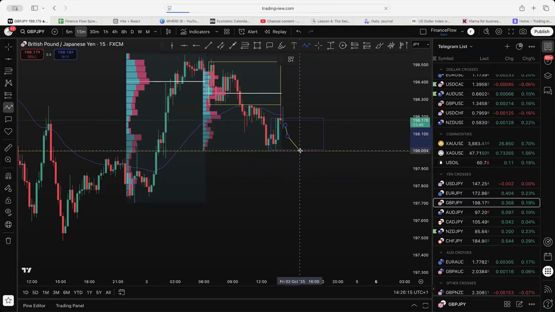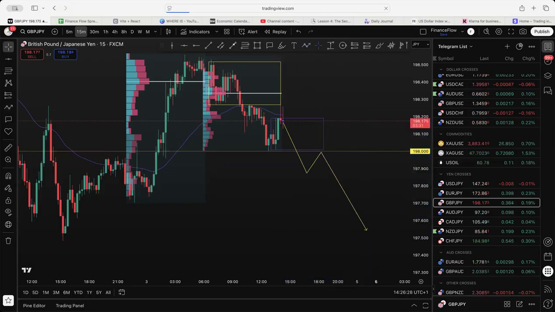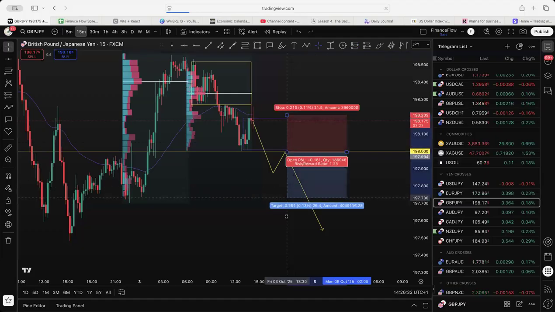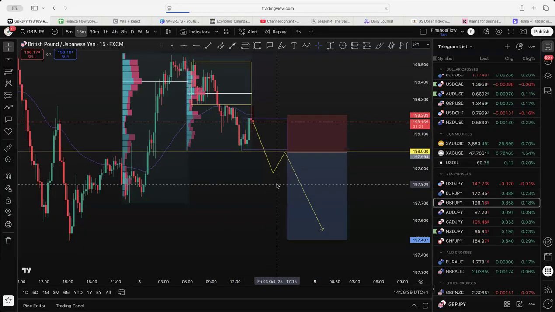But we obviously have to remember, sorry, I clicked the button and it didn't work. But we have to remember that it's a Friday, so we're not going to get these huge moves. So potentially something like this I'd be looking for from GBPJPY, just to give me that extra confluence. I obviously want this to move to the downside and then potentially retest this area here. So that is what I'd want to do.